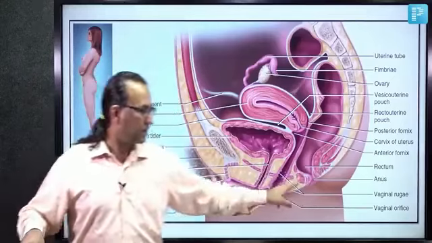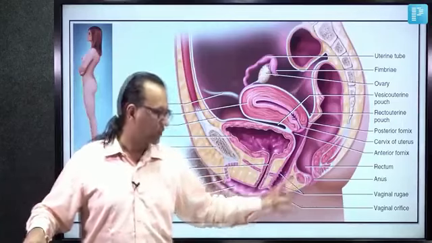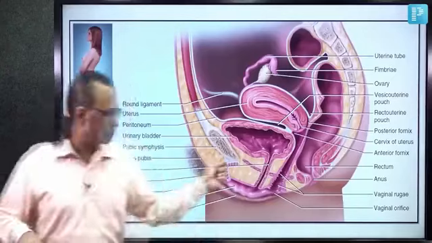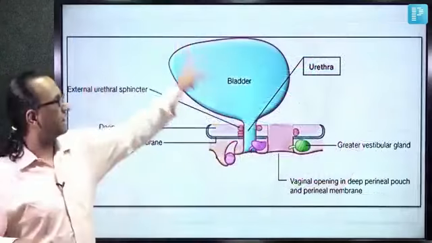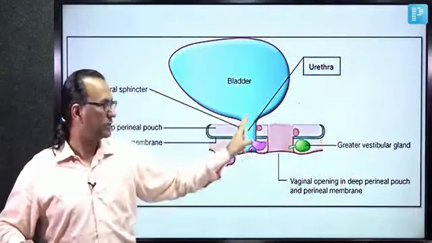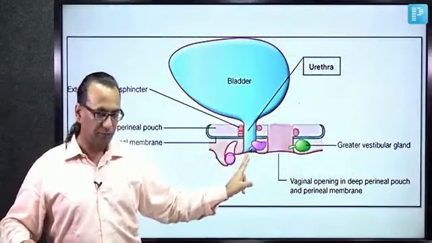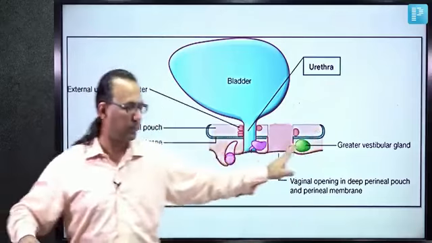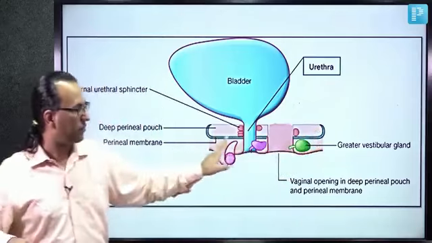It's a central perineal tendon receiving the insertion of many perineal muscles posteriorly. So let us zoom in on this area now. Here again is the apex of the urinary bladder, and that is the urethra, a short urethra, 4 centimeters long, a tube passing through the deep perineal pouch and also the superficial perineal pouch, having a boundary line of the perineal